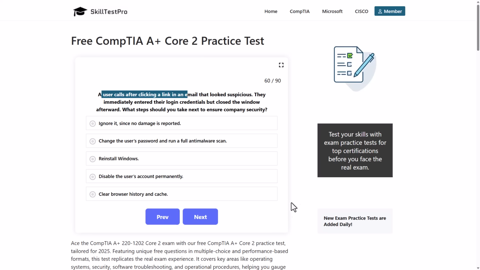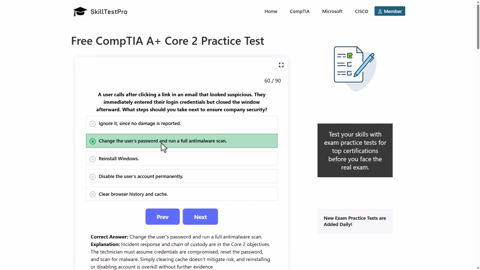And here the correct answer is that first, to make 100% sure, because we don't know whether the user pressed the submit button and submitted his credentials to that suspicious-looking page or not, we would straight away change all his credentials. So the correct answer here is we would change the user's password and run a full anti-malware scan on his device